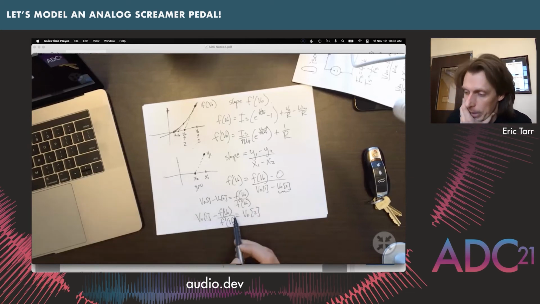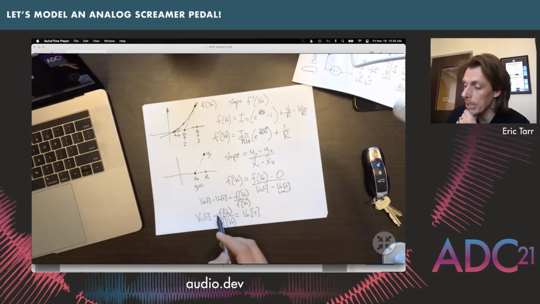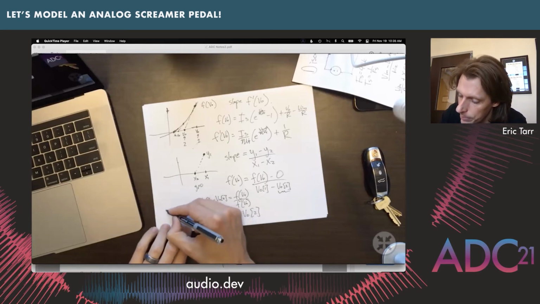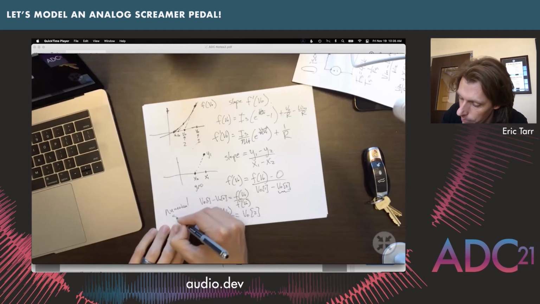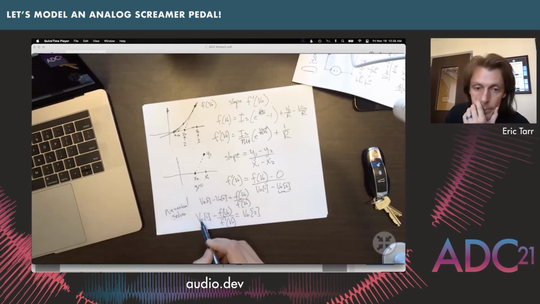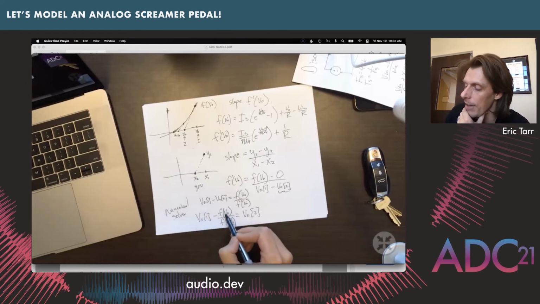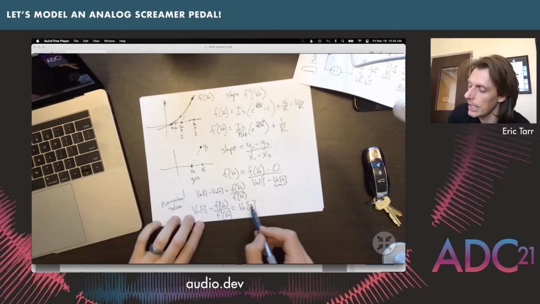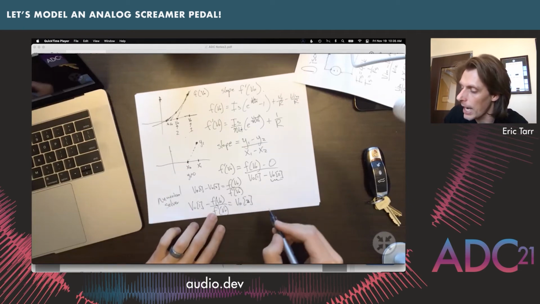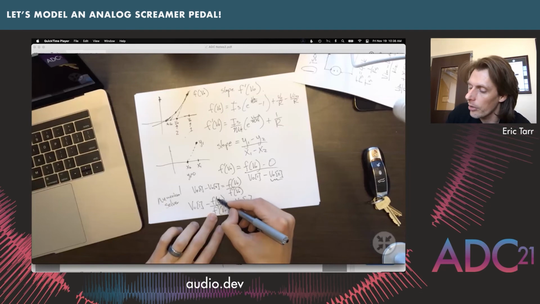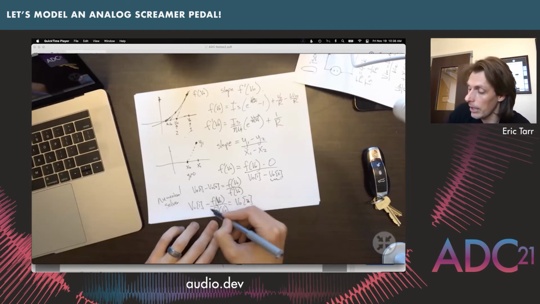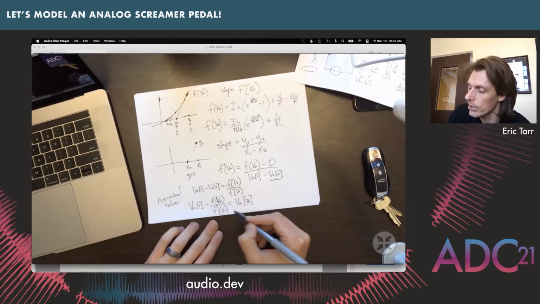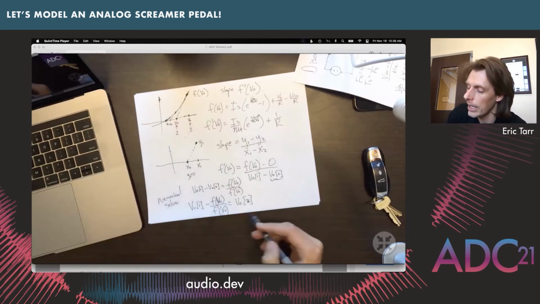So here is the Newton's form for doing the update to your numerical solver. You take your current guess and you subtract off its value in the nonlinear function divided by the derivative of this function to get your next guess. So then we could take this one and use this as our next guess. We could plug this one into our function for V out and our derivative for V out, and we could then incrementally move on by plugging it in to new places until we find that